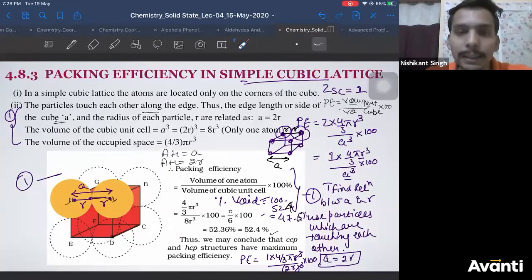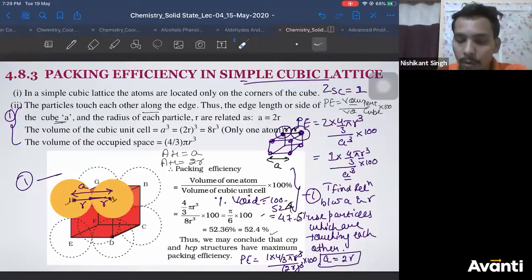Fixed. Yes. Anybody having any doubt in this derivation? You can ask. I'm going to move on. This is what we studied till yesterday. I'm going to move to my next derivations. Will there be repulsion between the particles? Adesh, we are assuming there is no repulsion between the particles, right?